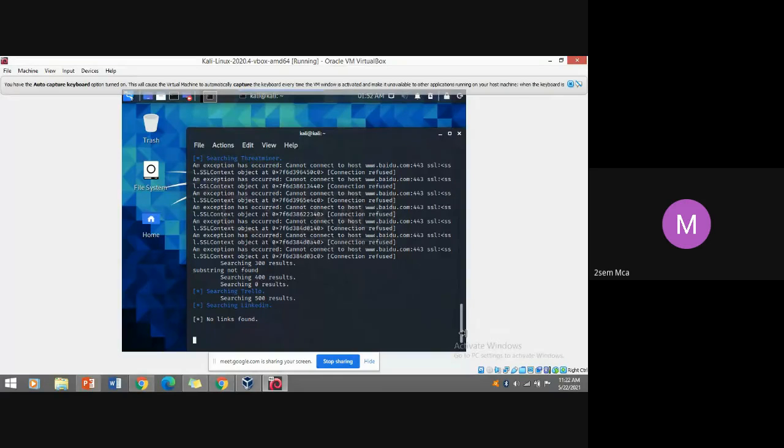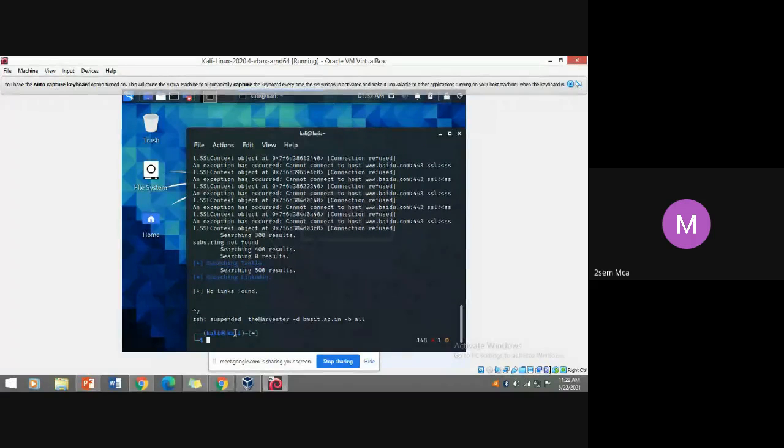So this is another tool of reconnaissance. One more tool to find out the DNS enumeration. Suppose you have an IP address and you don't know the name of the domain, you can search through DNS enumeration, or if you know the name of the domain, you can obtain its IP address.